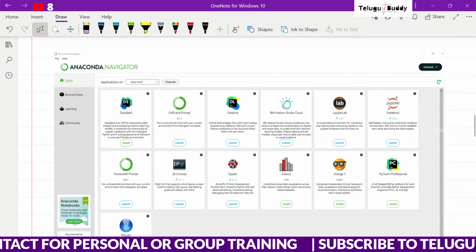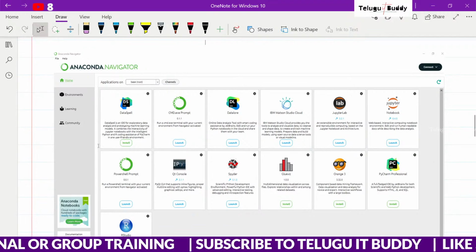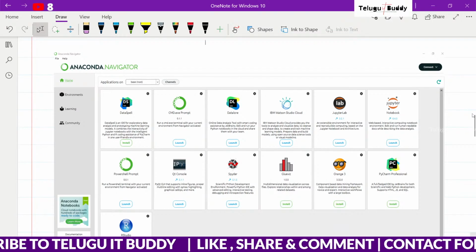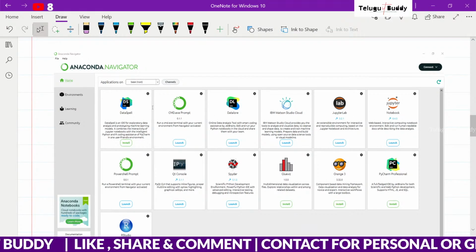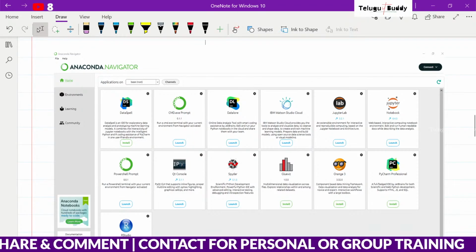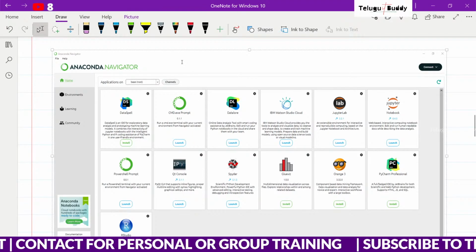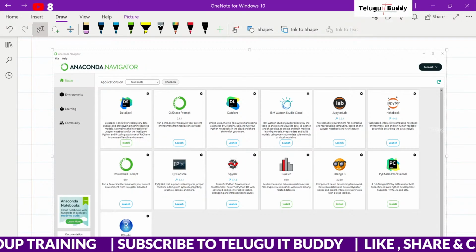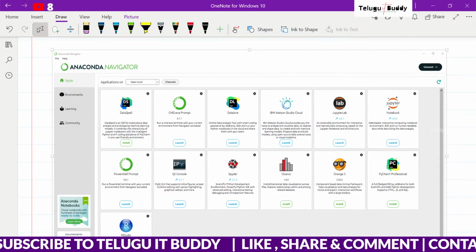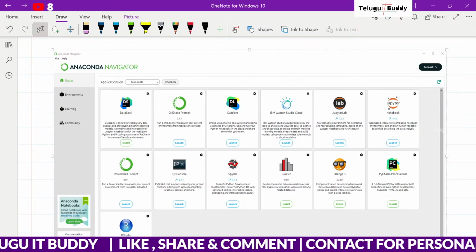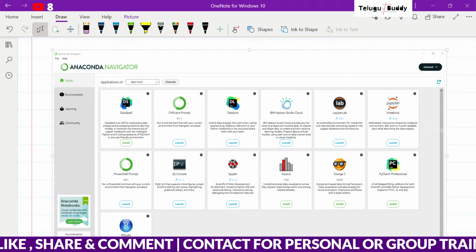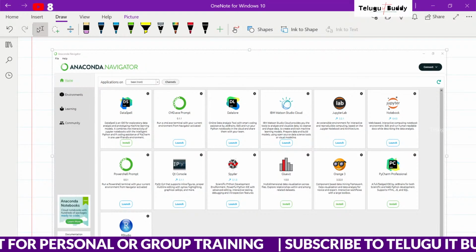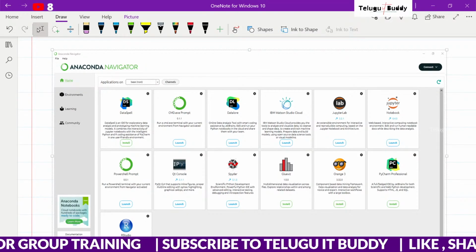This is the Anaconda Navigator. If you open the Anaconda Navigator button, which I showed to you in the green color circle, then it will open. These are the different tool sets which you are able to see: DataSpell, DataLore, IBM Watson Studio for cloud, JupyterLab, Notebook, Spyder, console, PowerShell